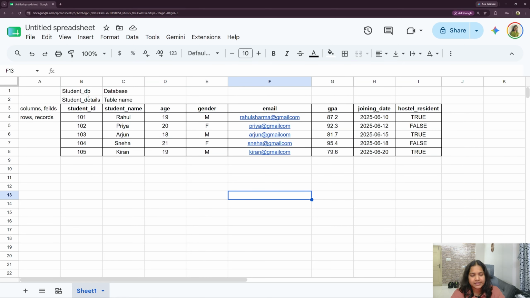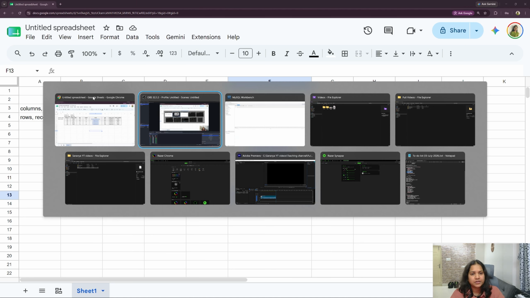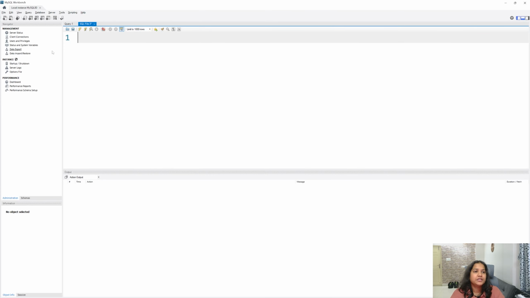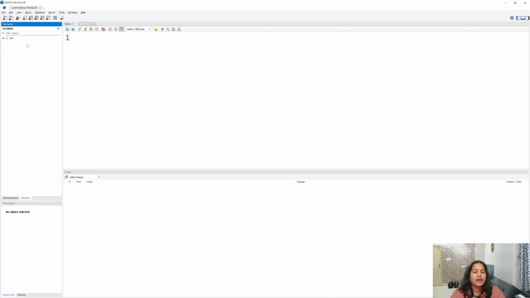Now let us create this in the MySQL Workbench. So open MySQL Workbench and this is the page that you will see. And on the left side here, you see administration, right? Beside that, you have something called schemas. So click on schemas and right now you will only have SYS. Okay, if you're starting with MySQL Workbench, you will only see SYS here. So now what we will do here, we have to create a database.